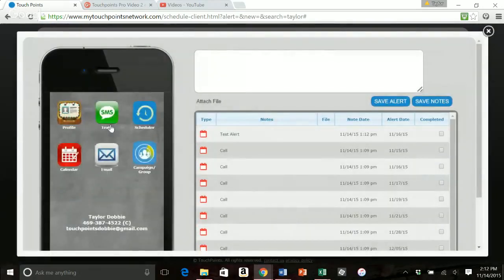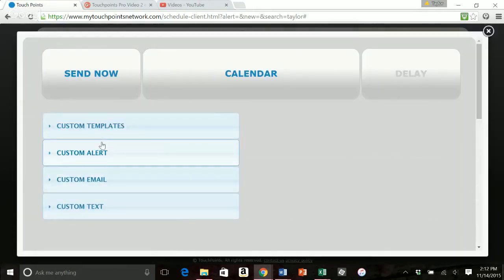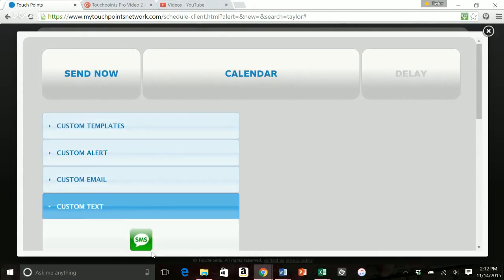So going over to the scheduler app, this is a really cool app. If you speak with someone, most likely the way you're doing it now is if you speak with someone and they say, actually, let's touch base in about 2 months, and then let's go from there. You're having to set a reminder to remind yourself in 2 months to then give them a call or send them a message. So by the scheduler app, what you can do is go in just a custom text, and